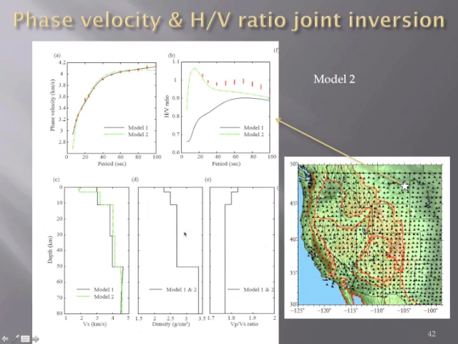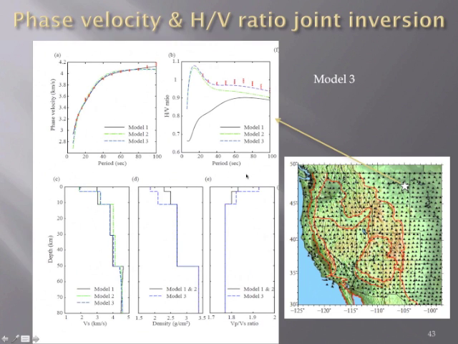So for the next step, we are going to allow both density and VPVS ratio to change. In the third inversion now, not only VS is allowed to perturb, we allow density and VPVS ratio to perturb as well. And you can see that our model actually prefers a lighter material, a smaller density at the very shallow part, as well as a high VPVS ratio in the very shallow part, which is consistent with the knowledge that there's a